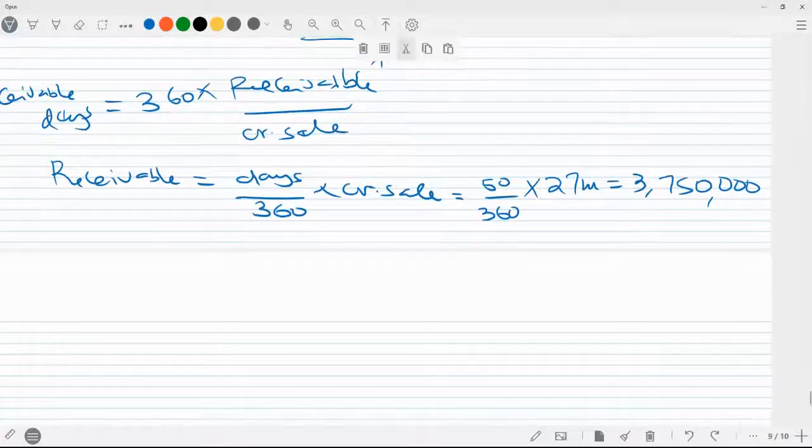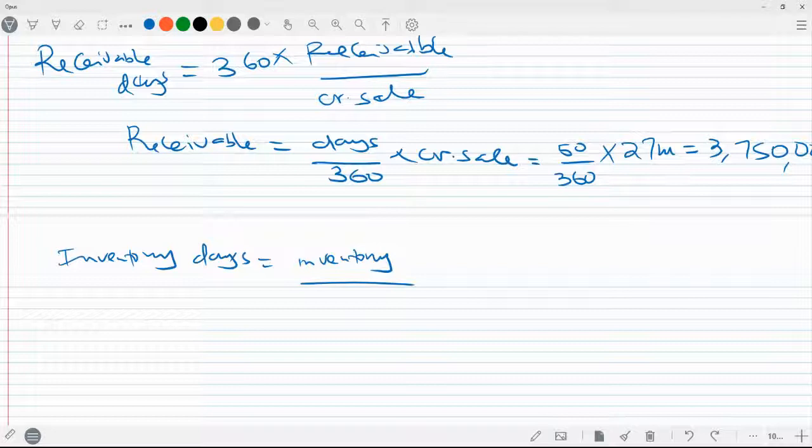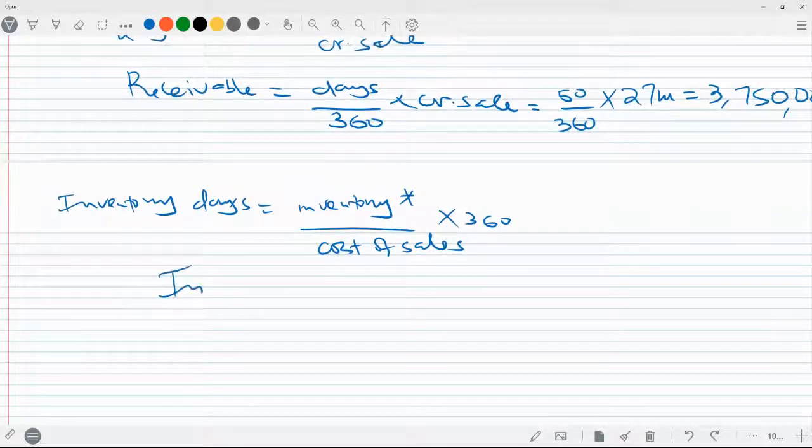Then towards the inventory, the same process again to follow. The days for inventory. I gave the formula to be equal to the inventory, or the finished goods, in case you want to call it that way. Inventory, we divide by the amount we invest towards inventory, times divide by the cost of sales, times 360. We want to get the inventory because we have all the other values. So therefore, the inventory will be equal to the number of days, which we have been told is 60, out of 360, we multiply by the cost of sales, and the cost of sales is equal to